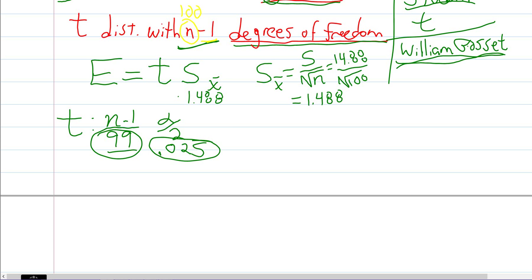Okay, so here we are back, and we need to use that t that we looked up, with 99 degrees of freedom and an alpha over 2 of 0.025, which was 1.9842. And so again, when you look up a t on the t table, make sure that it's a number that's a little bit bigger than the z that you would use in that situation if you were using the normal table. It's always going to be a little bigger. So let's finish our confidence interval. We plug that 1.9842 in here,